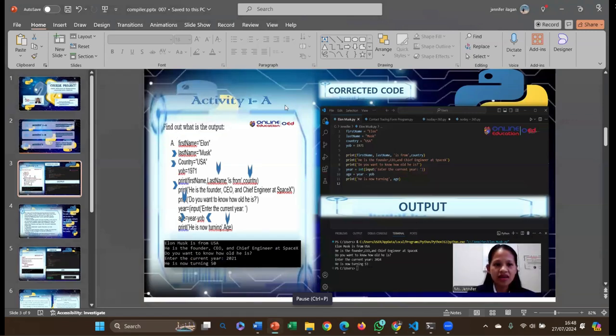Activity 1A says, find out what is the output of this given code. As you can see, it shows a lot of errors, which means that if we were going to input this given code in our IDE, we will not be able to get a correct output. So first, what is IDE?